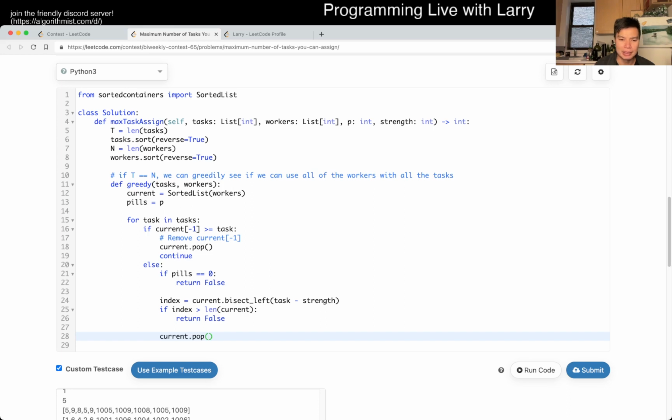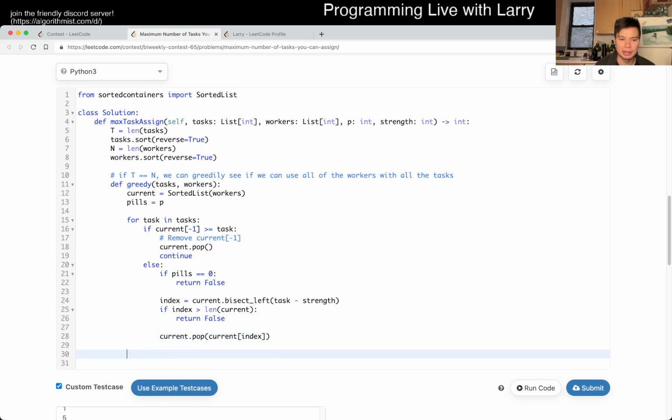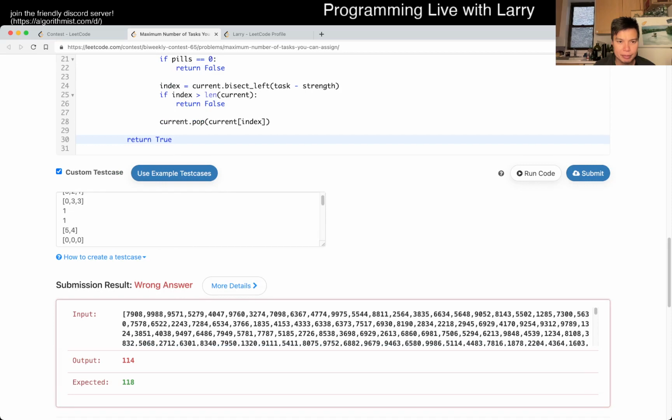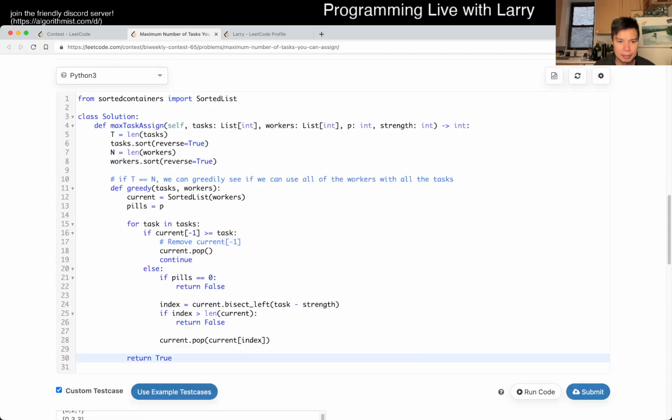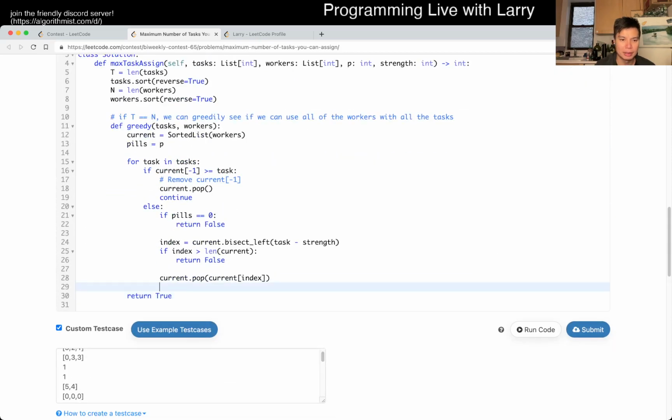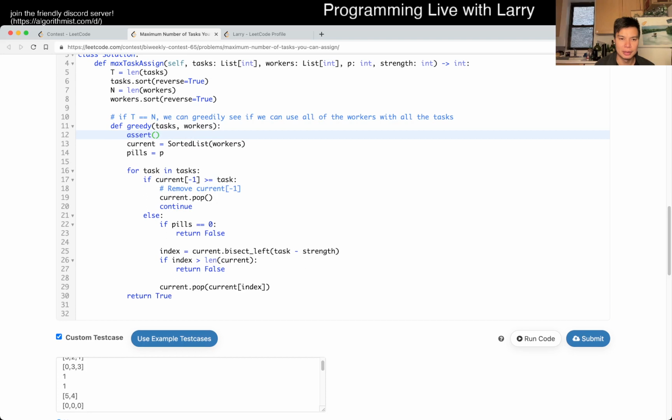I forget how the syntax about sorted list goes, to be honest, but something like this should be okay, I think. And then just return true otherwise, right? Something like this. Yeah, and then here, okay, assert length of task is equal to length of workers, and then here, in a